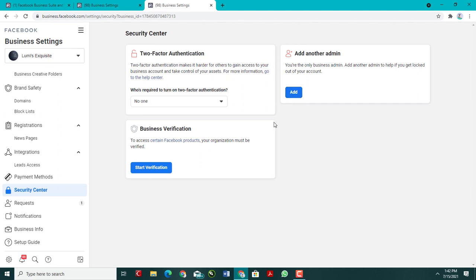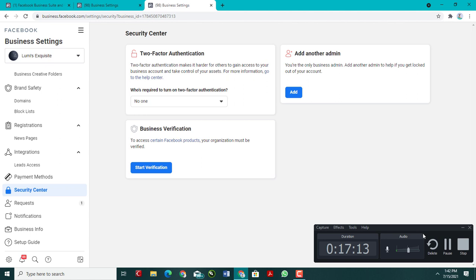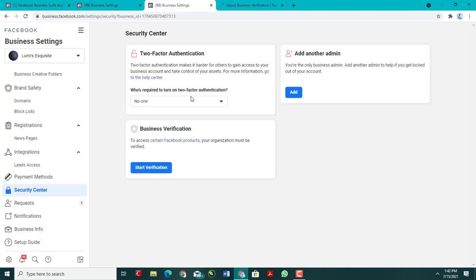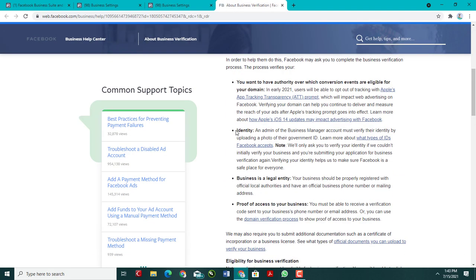Okay, now one important feature of the Facebook business manager is that you can verify your business with Facebook, and they will give you access to some extra features to use whenever you are advertising. So you can see this section here, business verification. They said to access certain Facebook products, your organization must be verified, right? So let's click on this certain Facebook products. They will show us some of the products that we'll have access to when we verify our Facebook business account, right? So some of those products include